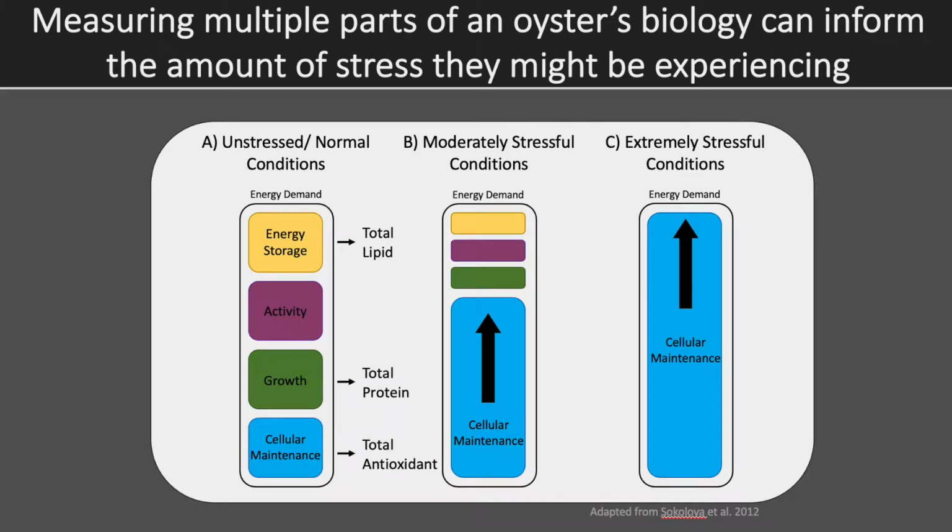So the overall goal of this lesson is to have students hypothesize, calculate, graph, and critically analyze one of the 3 molecular measures pictured here, so total lipid, total protein, and total antioxidant, that will then be shared with the wider class in a jigsaw puzzle approach to the larger question of how ocean warming and acidification are affecting the